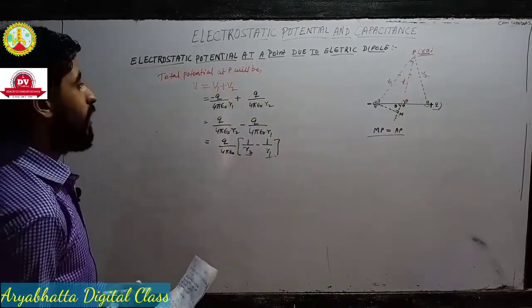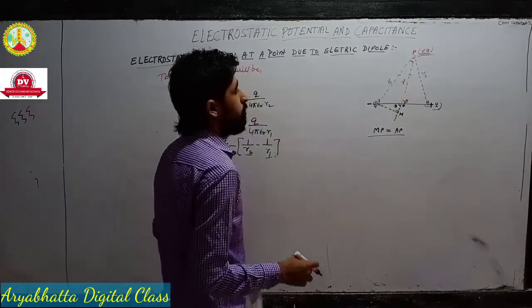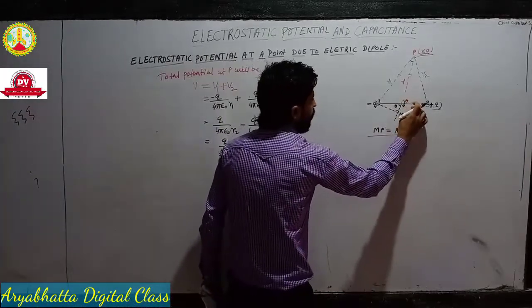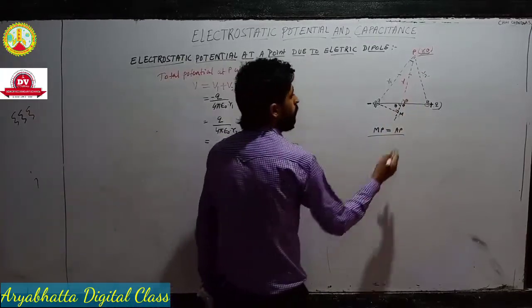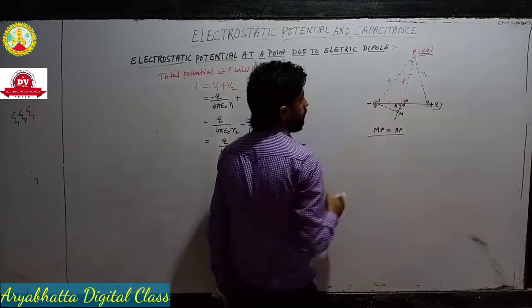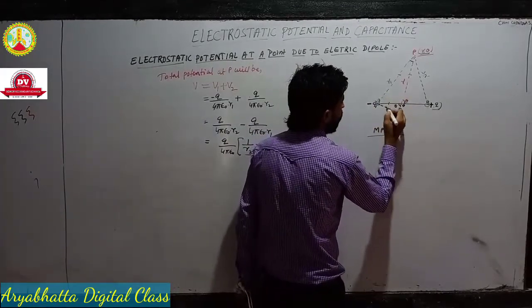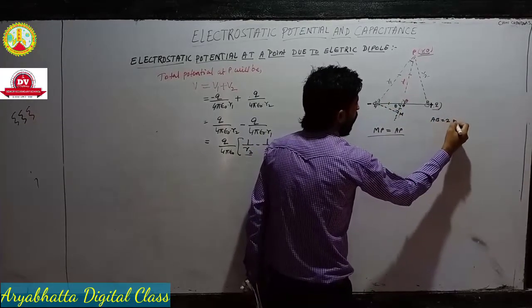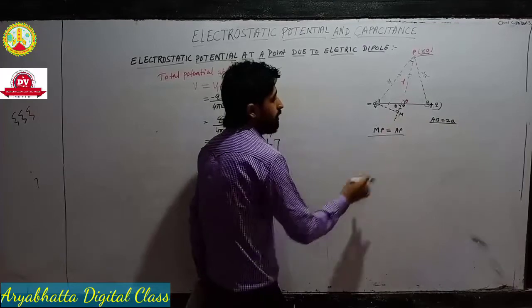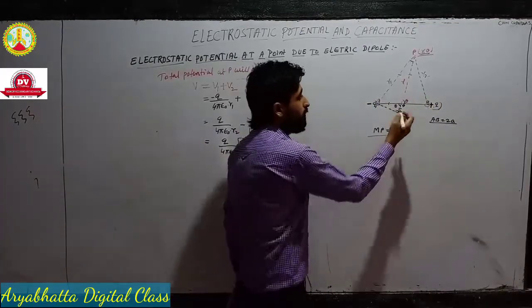So now we will find the value of OM. We need this OM. So to get OM, we must get this and this. Already I told you, this whole distance, from A to B, AB is equal to 2A. I have shown in the very first, right? Means the distance between these two charges is 2A. And if this is the center,